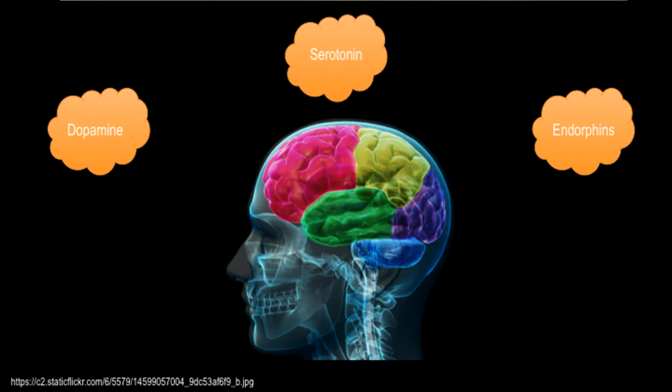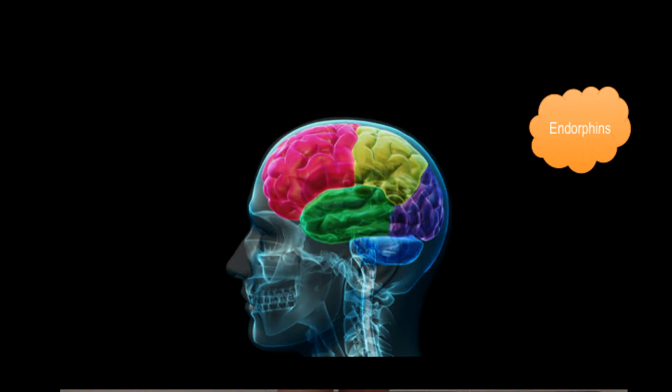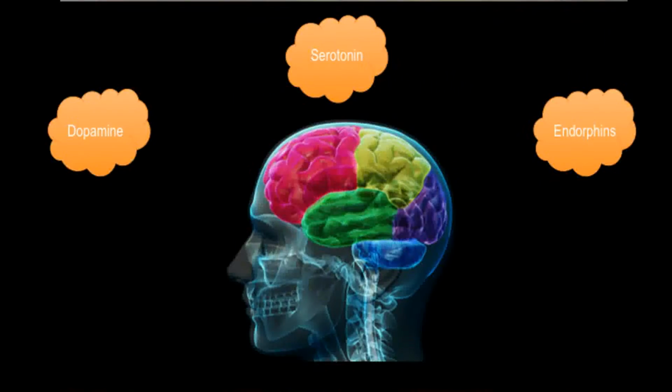As simple as that. And so there's three that are very important in laughter that are released when you laugh. And those are going to be endorphins, serotonin, and dopamine. And so Adam Sprouse-Blum, who works in the Department of Surgery and writes for the Hawaii Medical Journal, says that endorphins are really good at giving you that euphoria feeling. And so without them, you wouldn't get that feel good, all over, just happy feeling inside of you. And they're really important in pain management, and they put you at ease.